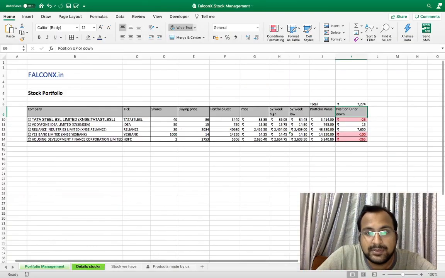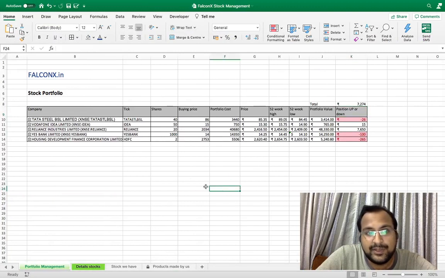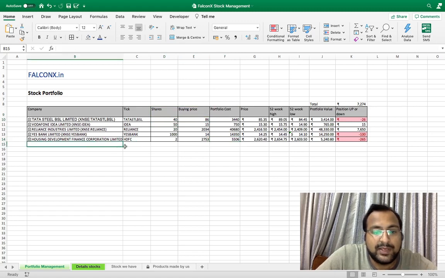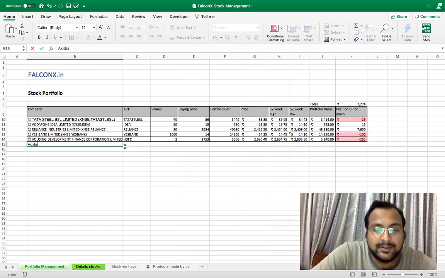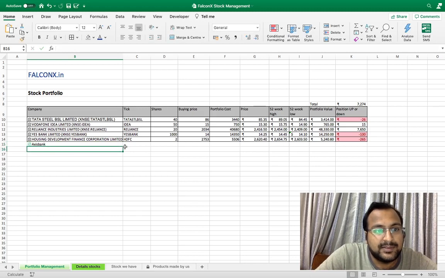Now, this is the utility which we are giving for free. Here you can add all the share ticker names, and then you just have to insert these three items: share, number of shares, and buying price, and this is formula driven. So suppose we are putting here the Axis Bank ticker, it is this.